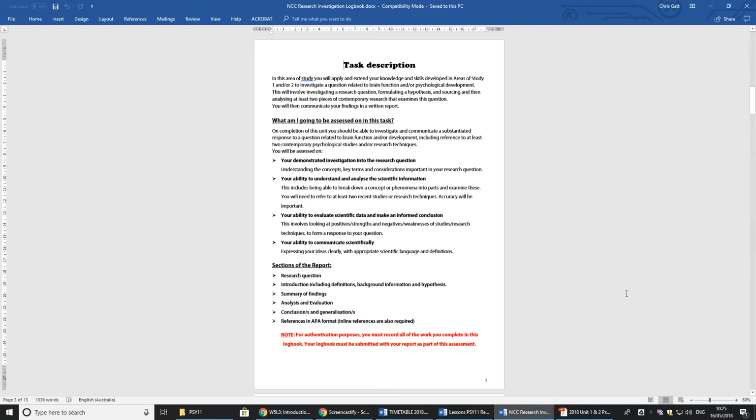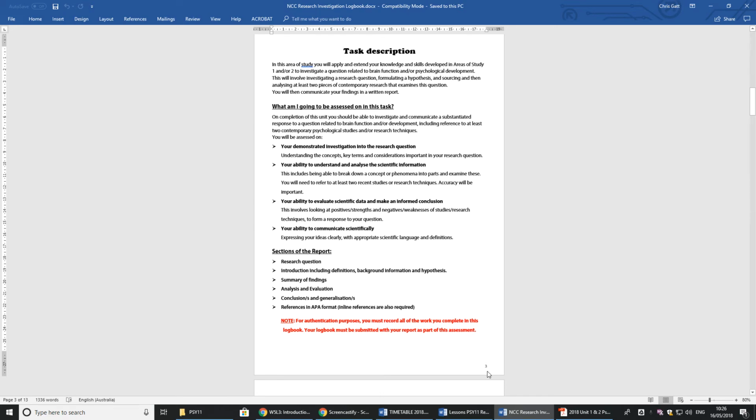If we have a look through pages 3, 4, and 5, that hopefully makes it really clear what you need to do for this project. So it's got a little bit of a preamble. It explains how you'll be assessed, which is sort of highlighting the key features of the project. You complete the logbook, as I said, and then you submit a final report, and the report will have these 6 sections in it. We'll go through it in a bit more detail in a future lesson, but each of these relates to one or more of the steps of the logbook, which, as I said, you'll work through systematically. So have a careful read through that,